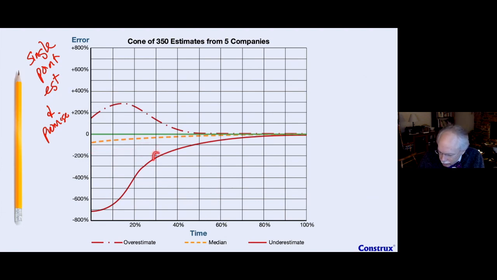What we need to do is work our way into the project enough, and we can see around here, 35, maybe 40%, we're down to a relatively small range, and our median is pretty close to the line. That is, the guesses that we have, a few people whacked up, but the guesses we have most likely are not that bad off. We can make a promise. In fact, even if we made a promise here at about 100% or 60% over what we think, that might not seem so unreasonable anymore.